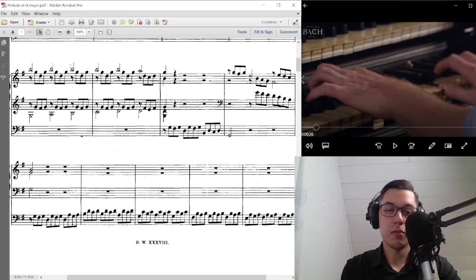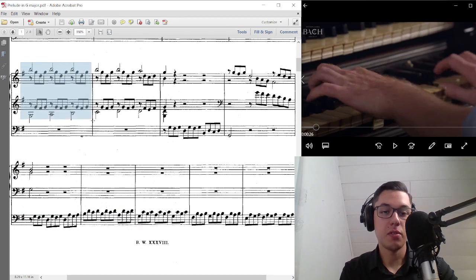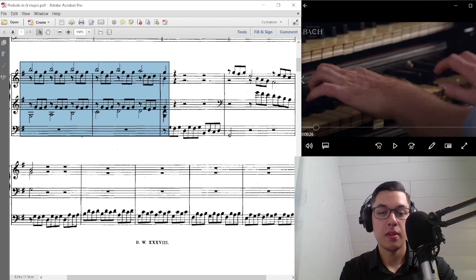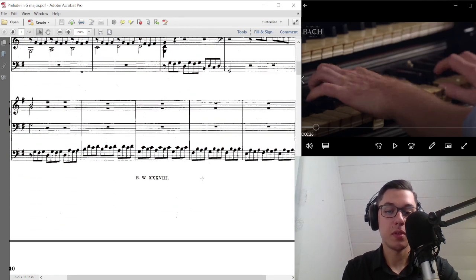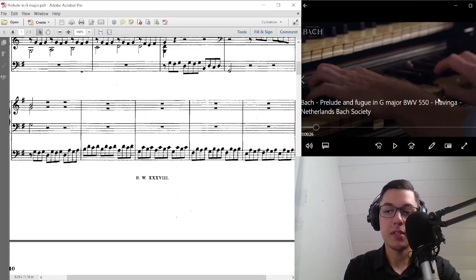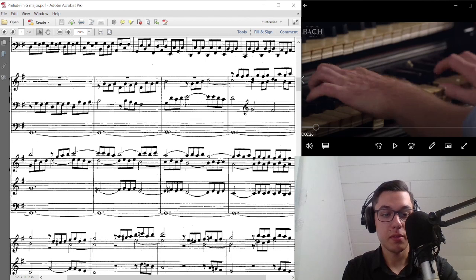And also similar to what Bach did in his Prelude in G major BWV 550. By the way, he also has a pedal point in the upper voices. After that he goes into the pedal solo, which we will listen to on a performance by Matthias Havinger for the Netherlands Bach Society. After the pedal solo, he goes into this